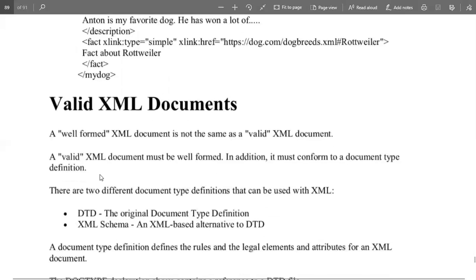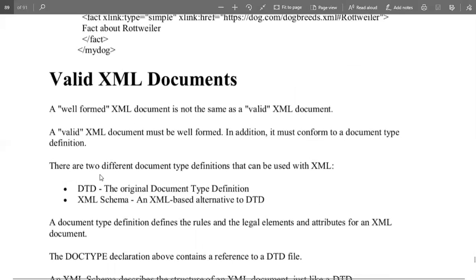Now about the validation. Validation basically means checking that the document is appropriate. But there are two different terms from the validation point of view. A well-formed XML document is not the same as a valid one, because well-formed means the structure is appropriate, but valid means the complete description is also appropriate.